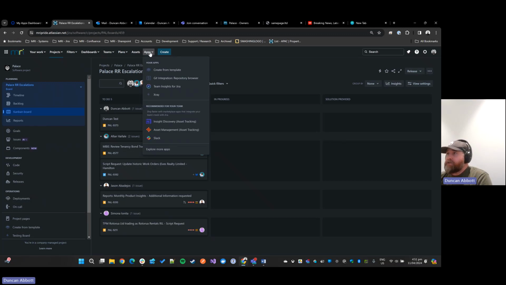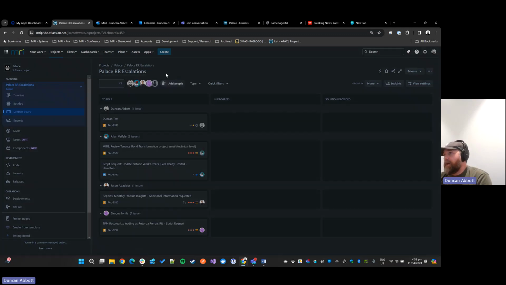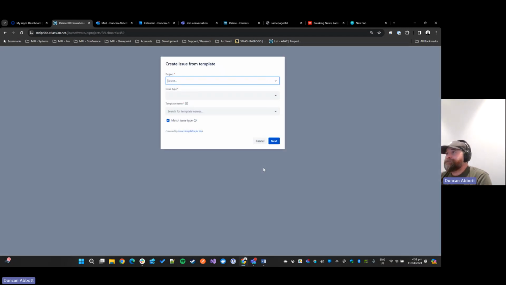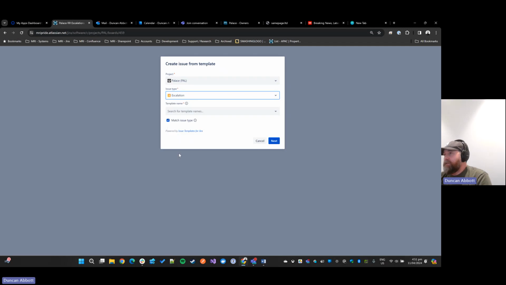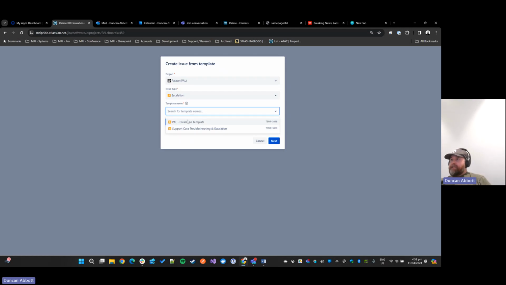You can just go to apps up the top here, create from template, and within this, you'll see that it comes up with an issue type. You only ever need to worry about the issue escalation. Don't worry about any of the others. These will only ever be escalations. And once you select that, you'll see that in the drop down of the templates, there's one called PAL escalation template. So from this one, if I hit next,